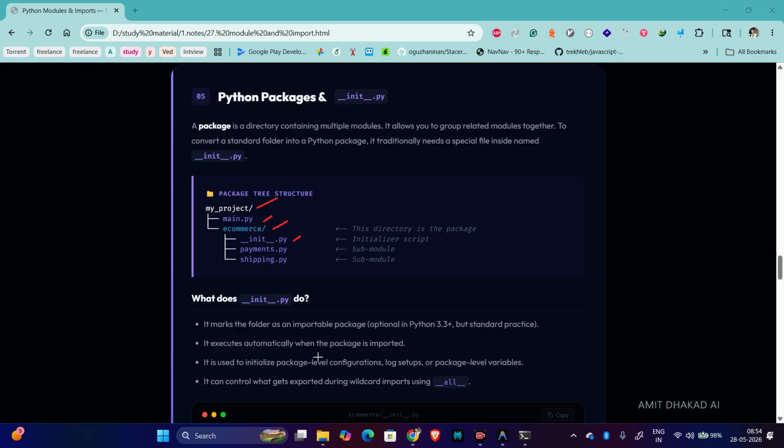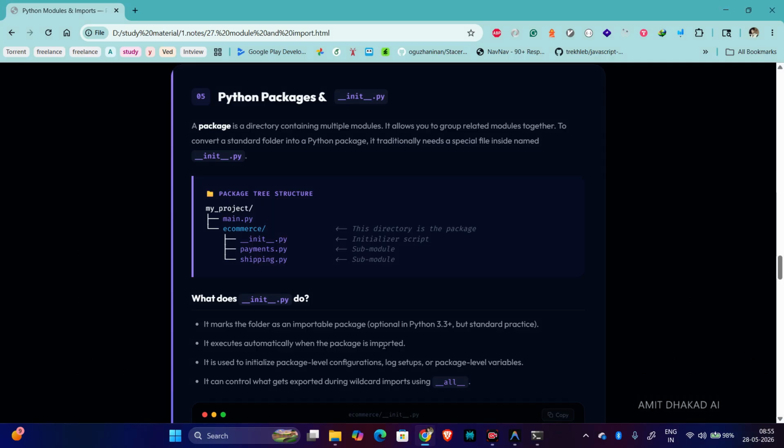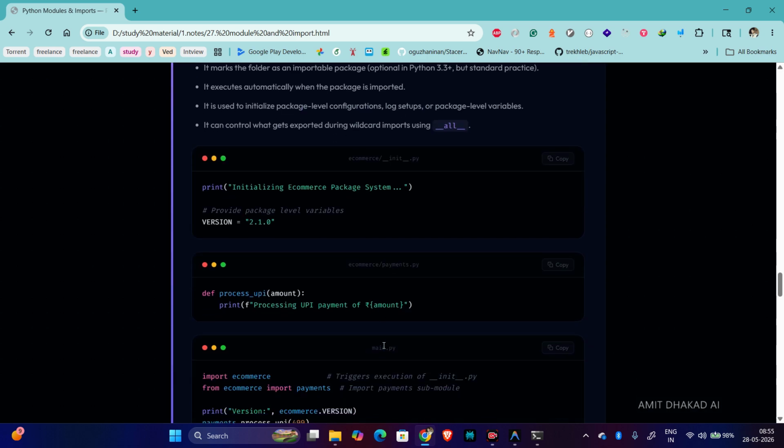It executes automatically when the package is imported. Okay, so when someone imports e-commerce, it executes by default. It is used to initialize package-level configuration and log setup for the package. We will show an example of what that means. By default you can keep it empty, but if you want to do any configuration inside that file, you can do that also. Okay,